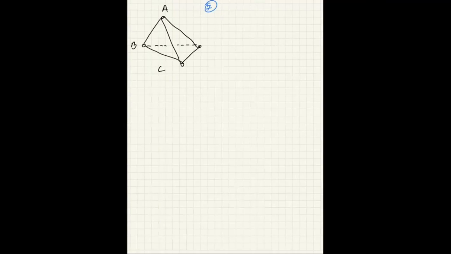A, B, C, D. G is the group of the tetrahedron. And if you want to figure out all the symmetries, one way to do it is you can look at each